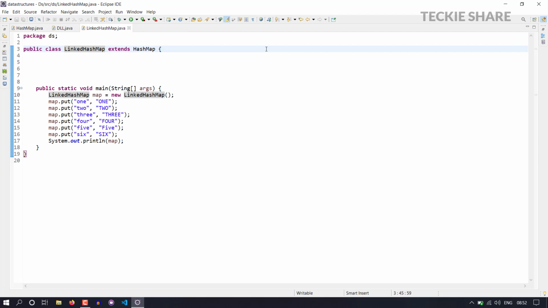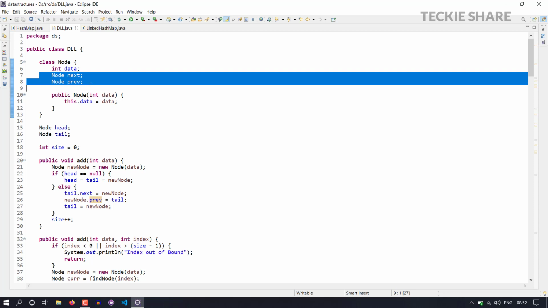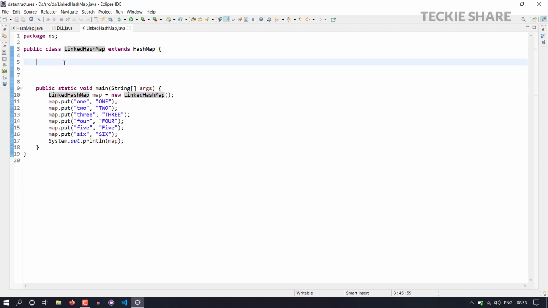For maintaining order in your linked hash map, you have to integrate a doubly linked list with your hash map. In a doubly linked list there are two pointers. One is next and the other is previous. So I'm going to migrate this doubly linked list data structure with the hash map for maintaining the order in your linked hash map. I'm going to modify my hash node data structure. I'm going to create one inner class called linked hash node. This linked hash node is nothing but an extension of hash node, but it has two more pointers called next and previous. So just keep it in mind.